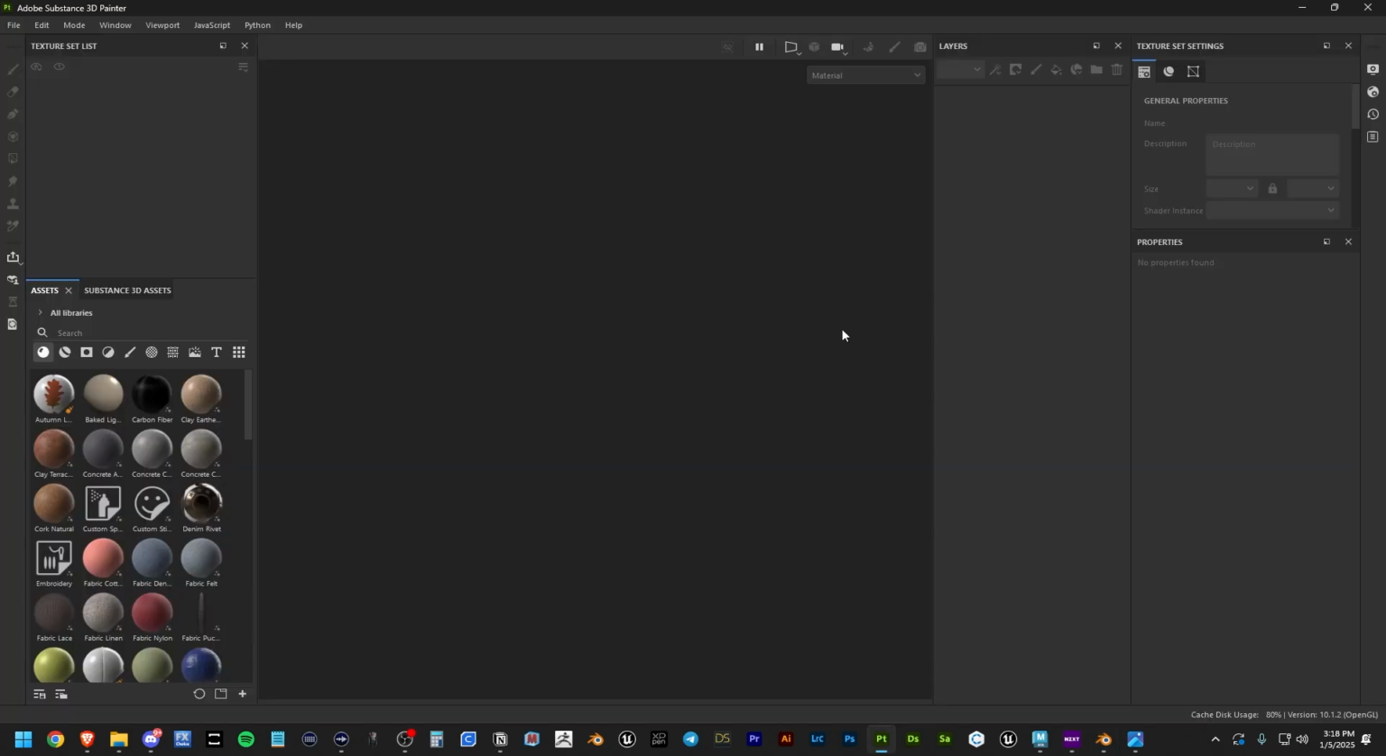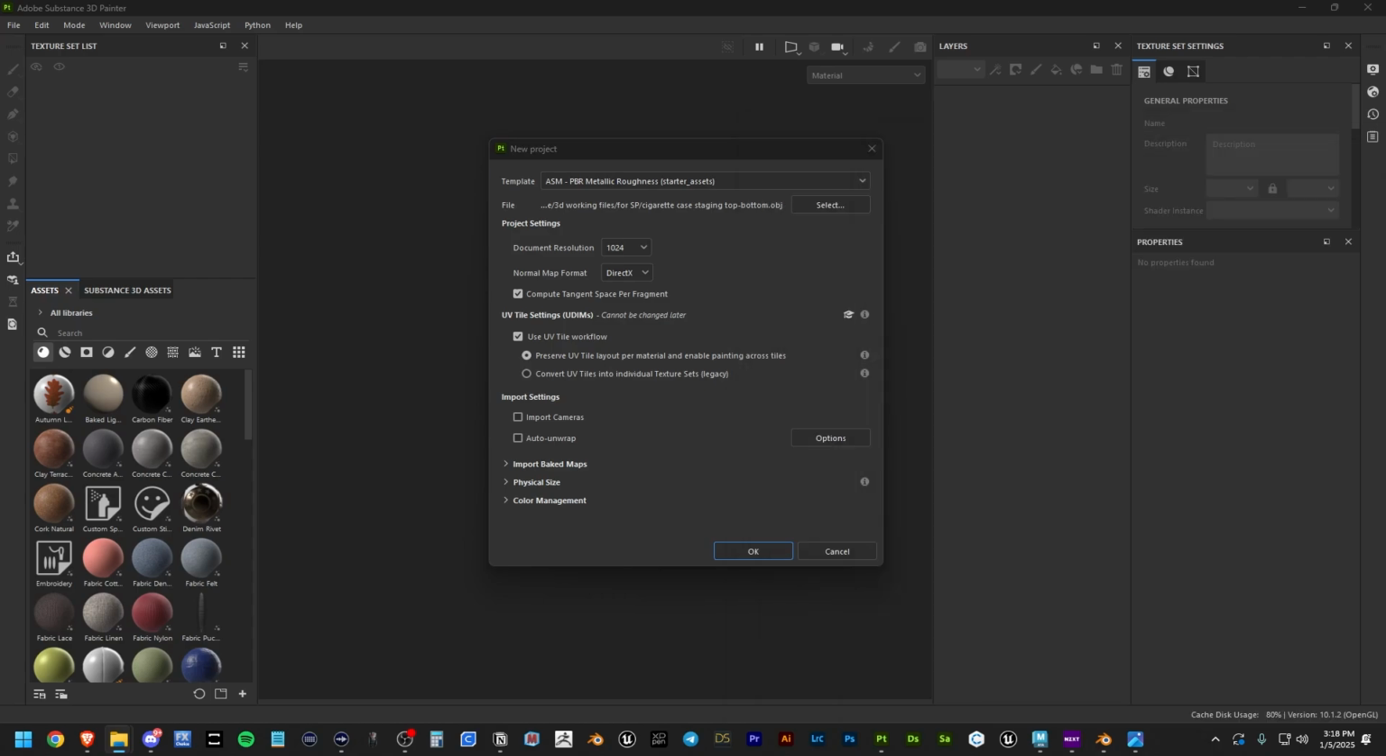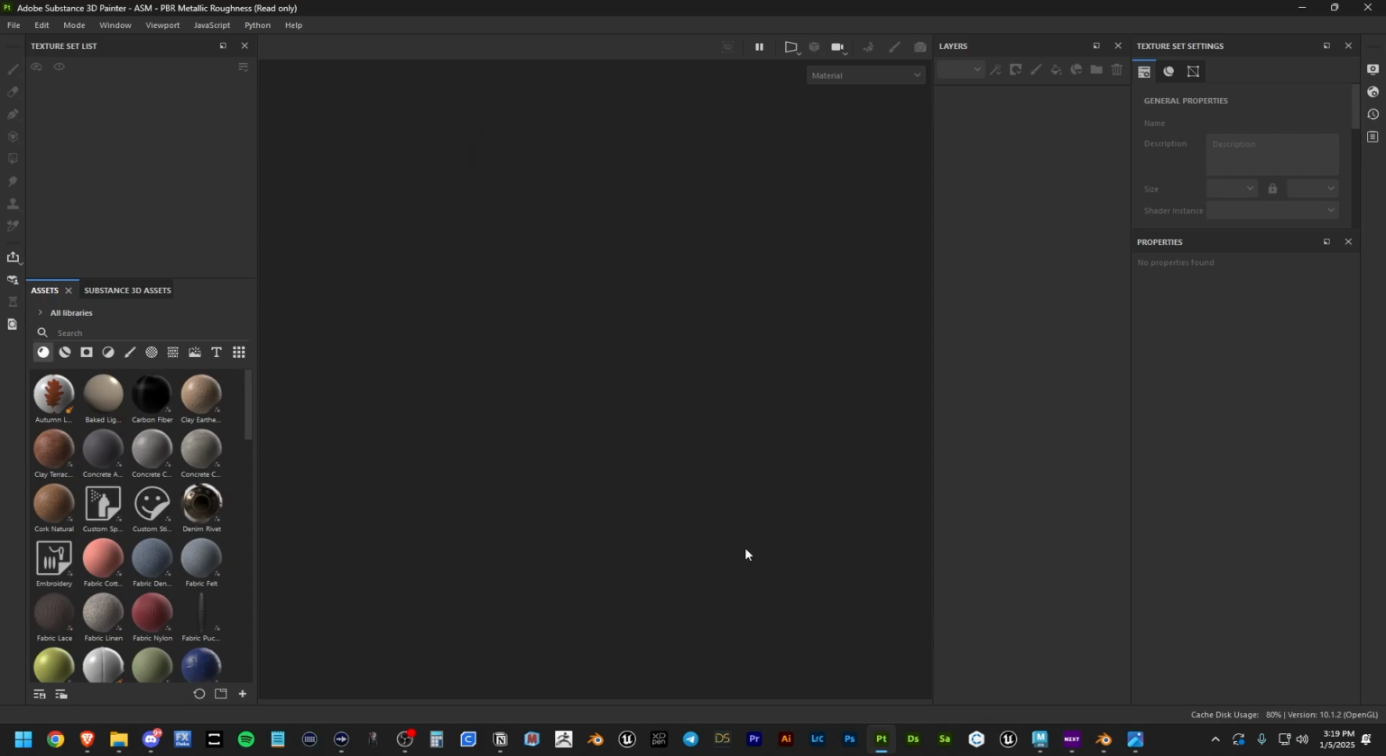Once you have your object UV unwrapped and assigned label materials, you want to go to Substance Painter and drag in the OBJ. So I have the OBJ right here, and I drag this in. My settings that I use, I'll normally just do 4K res and then normal format OpenGL, and then ASM PBR metallic roughness. Use UV tile workflow. I don't auto unwrap it because it's already unwrapped in whatever program I use,